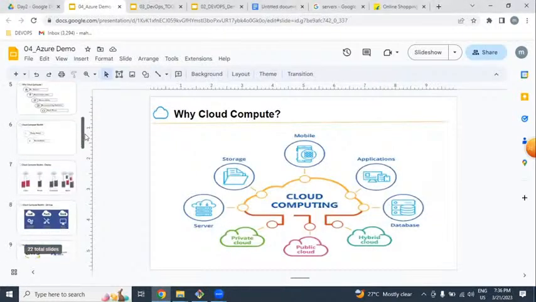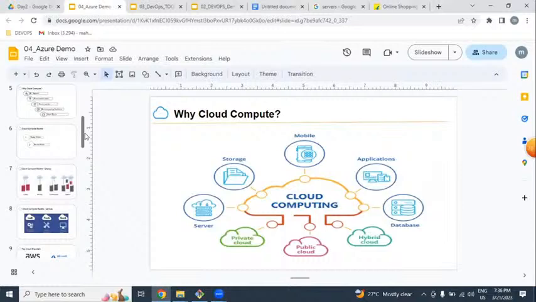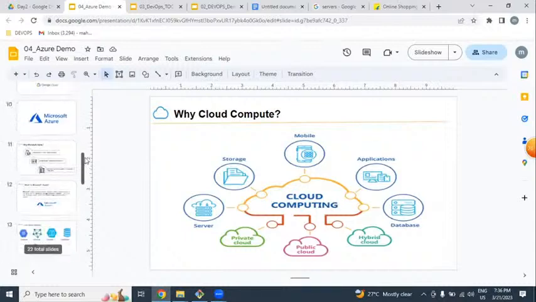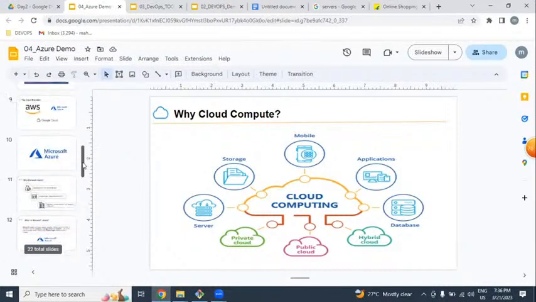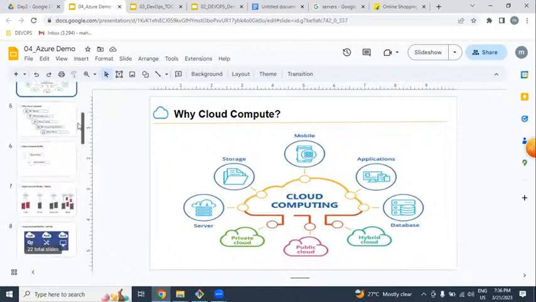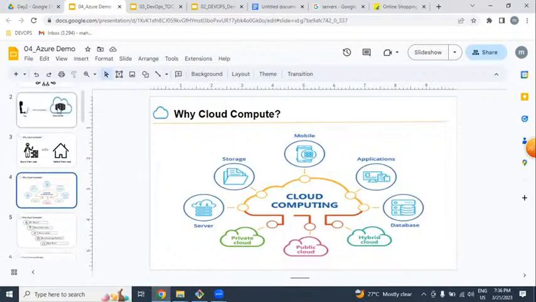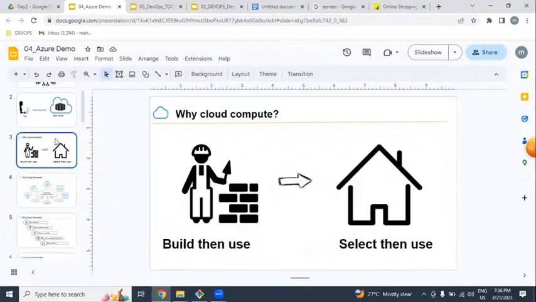Guys, please, any cloud is rental based. By using cloud, we can get an infrastructure.